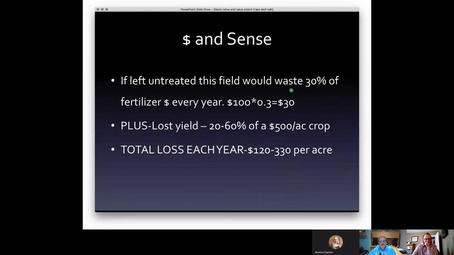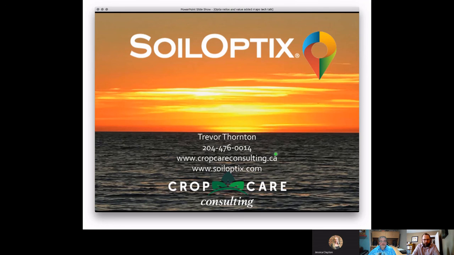When we look at that field and look at the dollars and cents, if we leave it untreated and we're spending $100 an acre in fertilizer, that's $30 an acre we're potentially wasting every year. With the potential loss of $20 to $60 an acre of a $500 an acre crop, plug in whatever number you want. That could be $1,000 an acre. That could be $100 an acre. I don't care, just plug a number in. This is what we've used for this scenario. We're losing between $120 and $330 an acre a year by not taking care of that problem, which is easy to take care of. With that, that's a quick go over of the SoilOptix and what we see for ratios